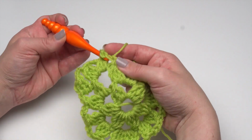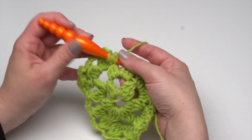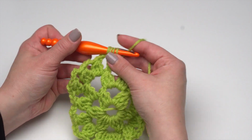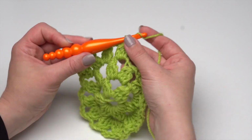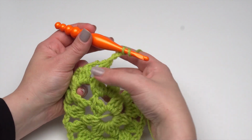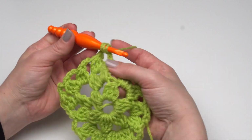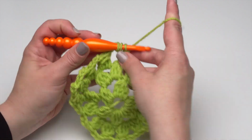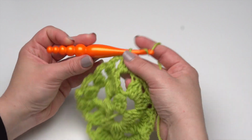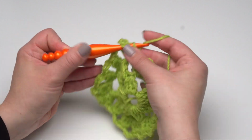So we're increasing again, but not as quickly. We're only going to work the 2 clusters in every other chain 3 space. So this space only gets 1 cluster, but we still want to chain 3, 1, 2, 3, before we head to the next one. There was 1 in this one, so there will be 2 in this one. Start with 1 cluster, like so, and then chain 3,